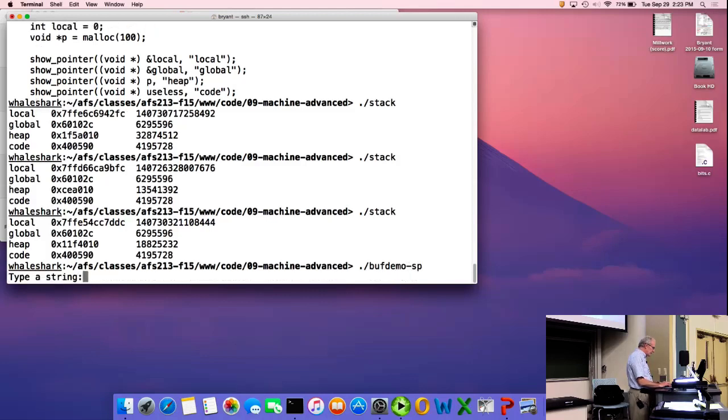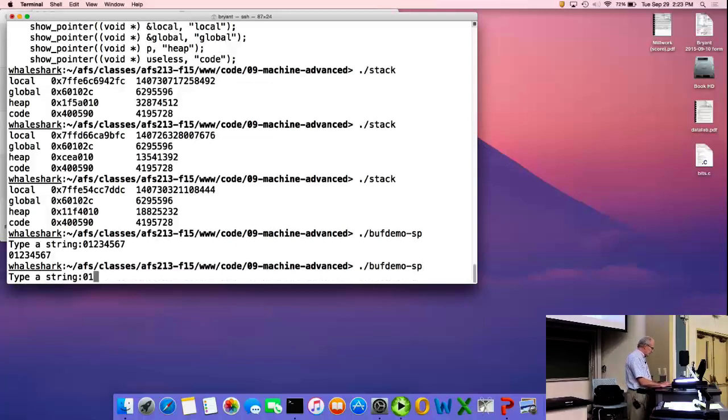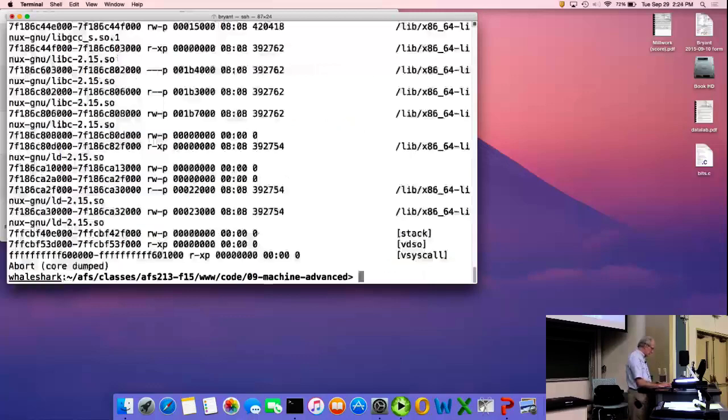And this one's called buffdemo-sp because it's been compiled with what they call a stack protector. This one, now, it's the same code as before. It's just compiled a little bit differently. What you'll find is I can give a string of length 8 and not have a problem. But if I now have 9 characters, it will